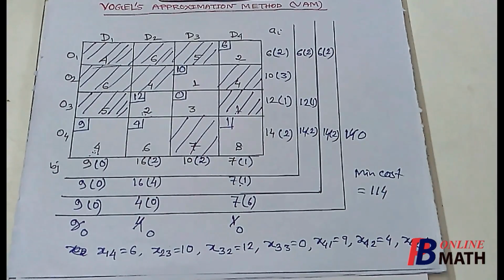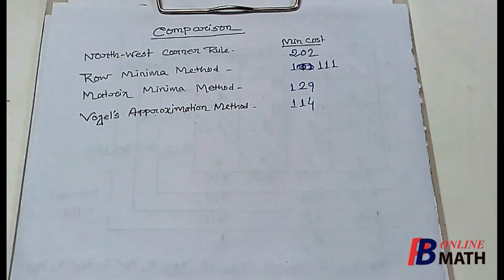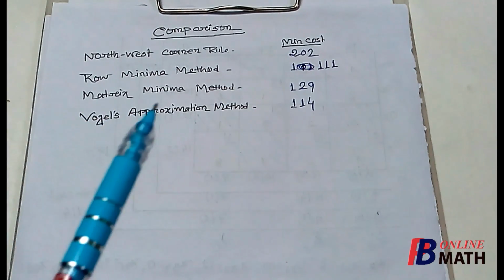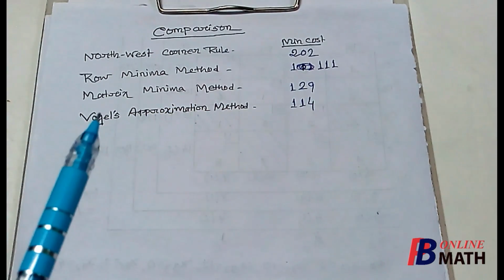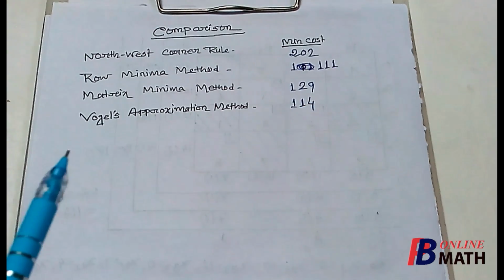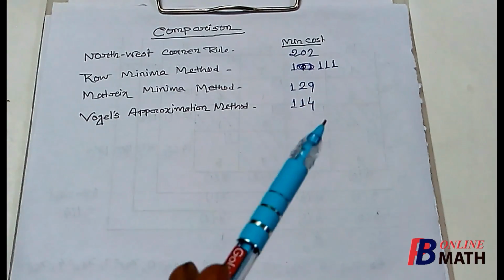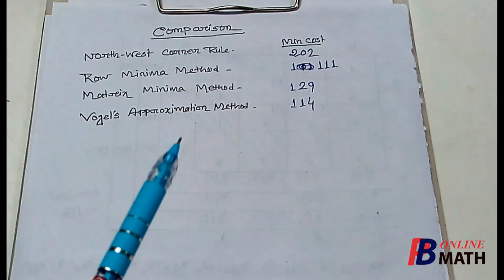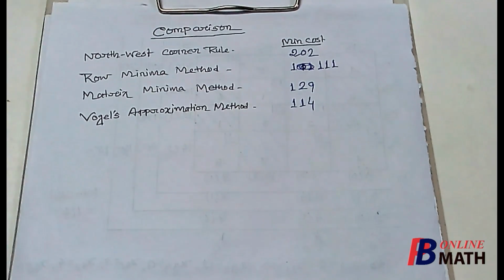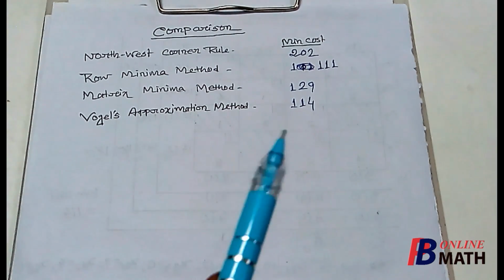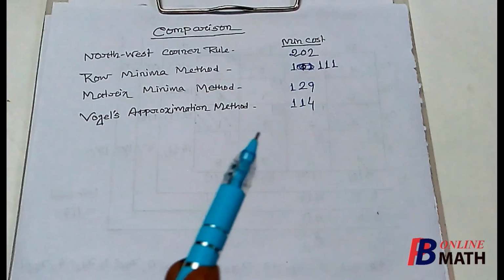Now we shall compare the initial basic feasible solution obtained by different methods. If we want to compare between the cost values obtained by these different methods, then we find that the minimum cost obtained by the northwest corner rule is 202, by using row minimum method is 111, by using matrix minimum method is 129, and by using Vogel's approximation method is 114. So here we find that the result obtained by row minimum method is the best one, which is 111, and